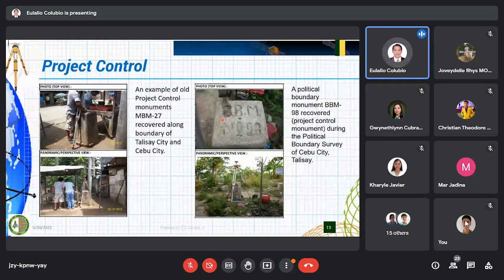Okay, so nagdala ako ug mga sample pictures for the project control, no? Pakita ninyo sa mga boundaries. If you go to your barangay, asa man mo nga town karon located? If you go to the boundaries of barangay, makita mo ang mga monuments. So those towns that